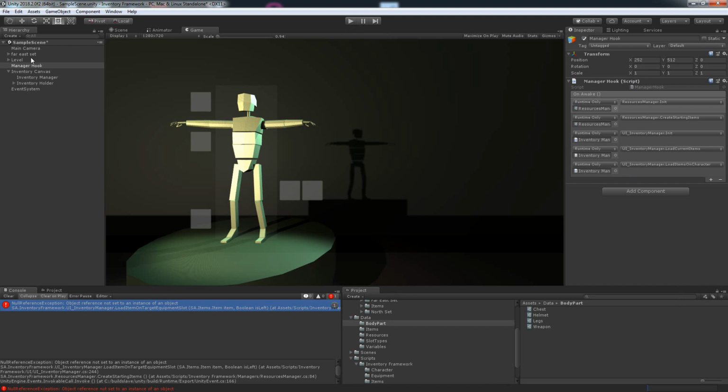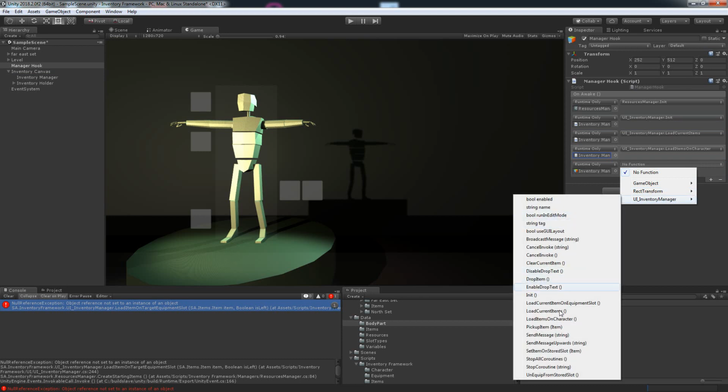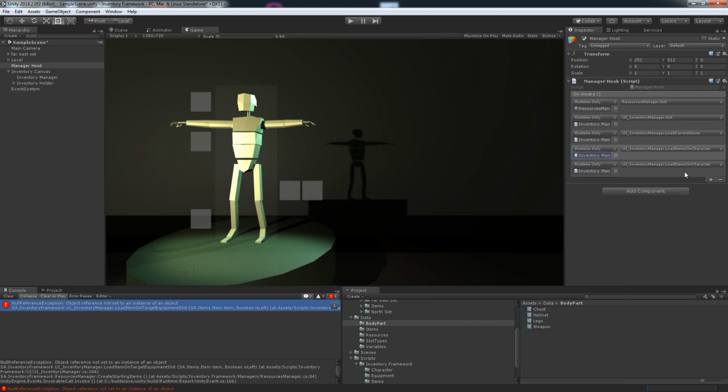Yeah, I'm almost positive that that's the case. So, yeah. The resources manager needs to create... Let's see... that it needs loads the current items, and after that this needs to be now load items on character, and this needs to be loads the current items,